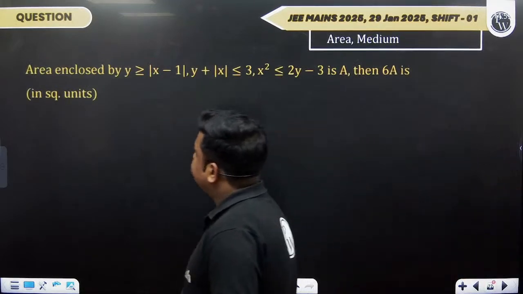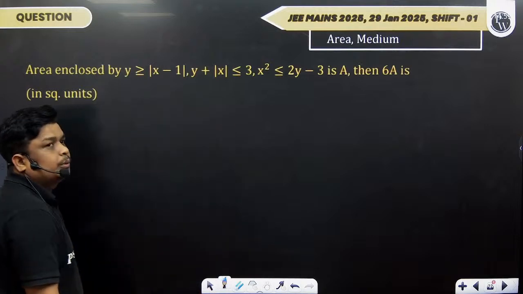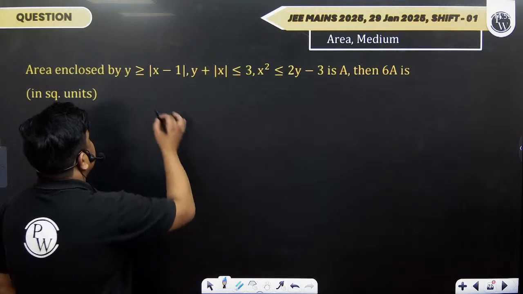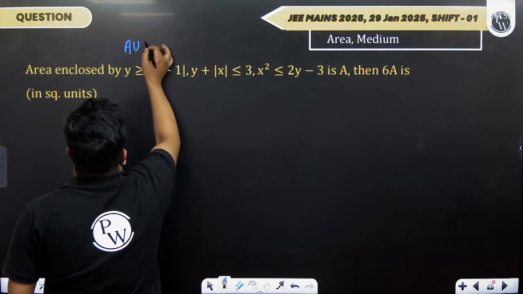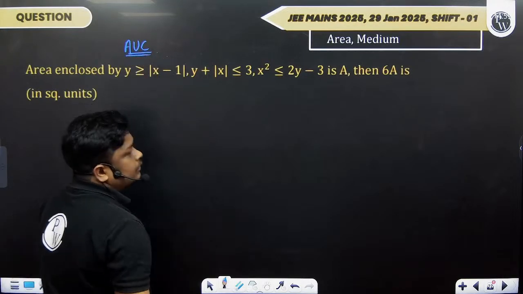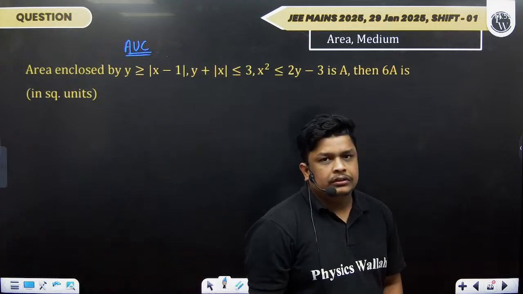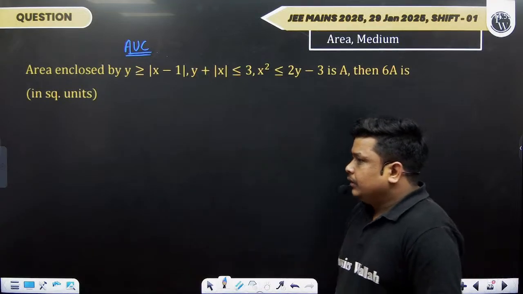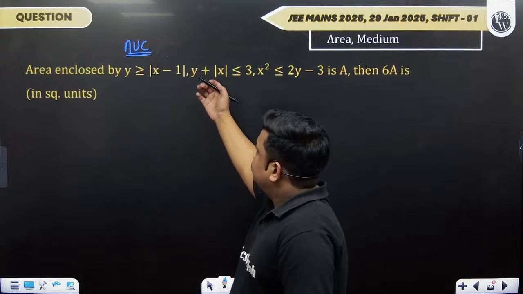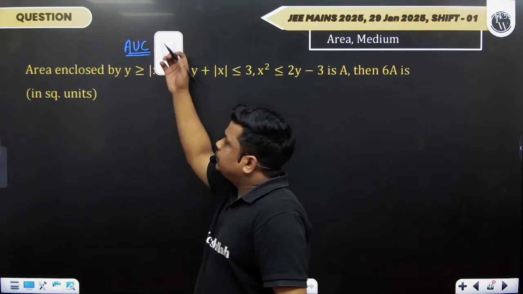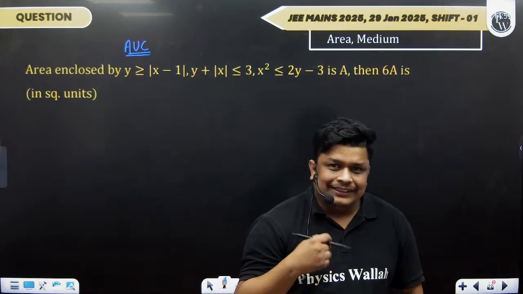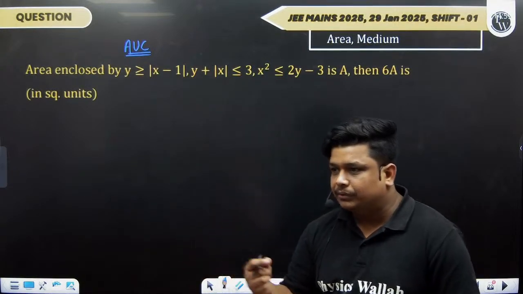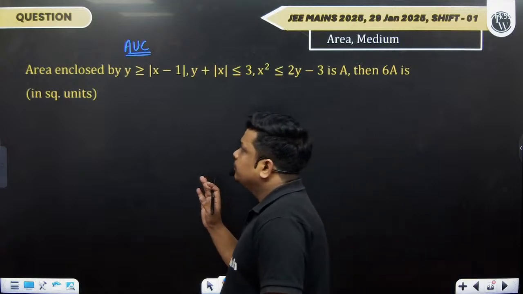Now this one seems to be a question from area under curve, which is a very important chapter. Again, if you see the pattern for this year's question papers, sequence and series, area under curve, these questions are coming into every paper. 3-dimensional geometry, vector 3D, these chapters' questions are very frequent in the paper.